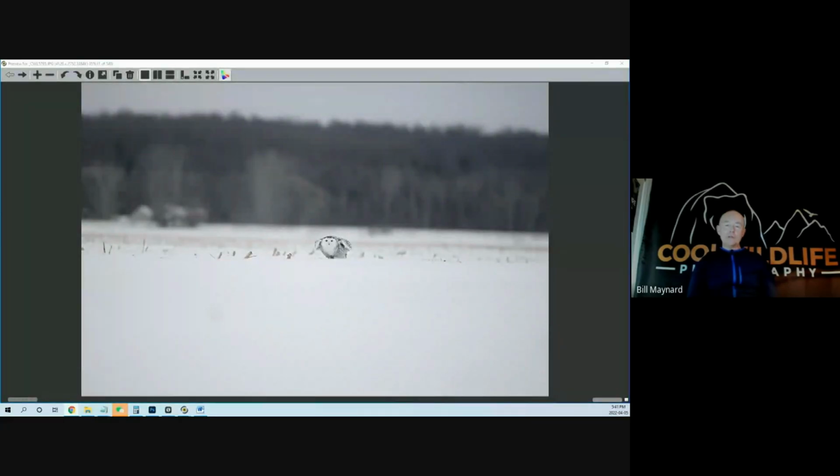So even with my 6.2 and 7.2 Nikon cameras, I was playing with some 4K 120 and pulling out still frames from video. And when the Z9 came along and I saw all these demo reels of 120 frames per second, and a lot of it was somebody throwing a football down the field and tracking it for 800 frames, I started thinking about my own birds in flight photography and thought, I think there's something here. I think that we should be able to use this technology to capture more wing positions was really what I was after,